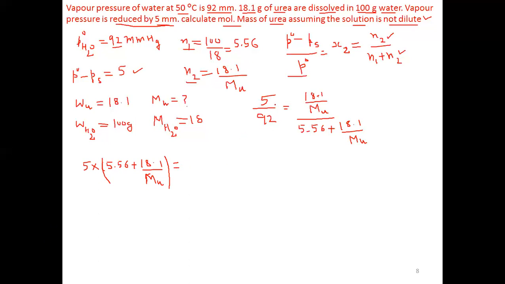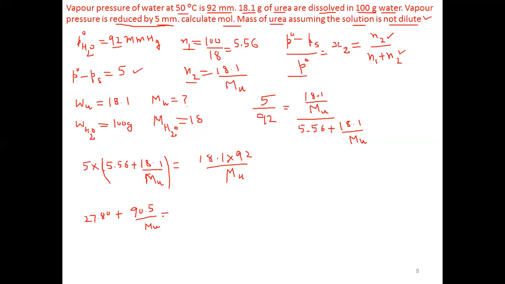Now when 92 goes here, we get 18.1 into 92 divided by Mu. Let us see what it becomes. 5.56 into 5 is 27.8. Plus 18.1 multiplied by 5, which is 90.5, divided by Mu